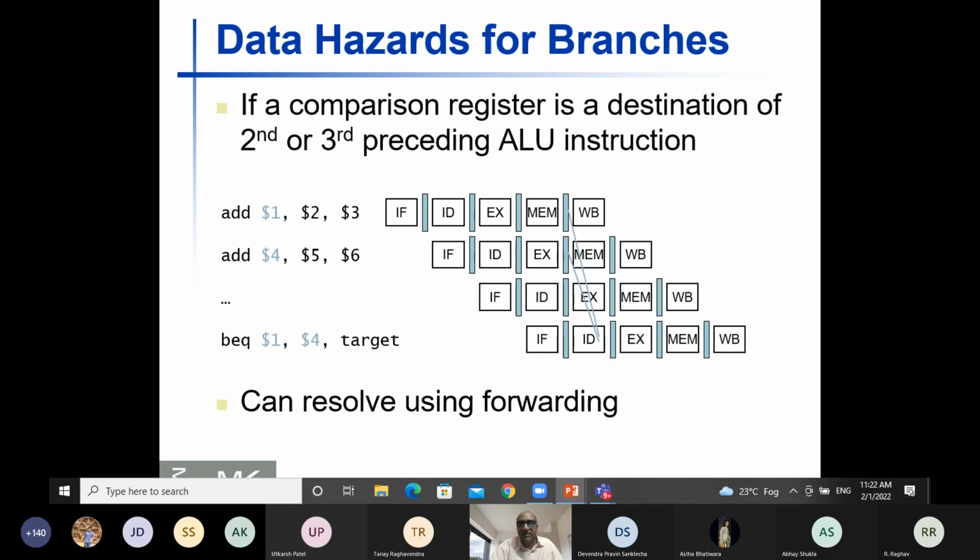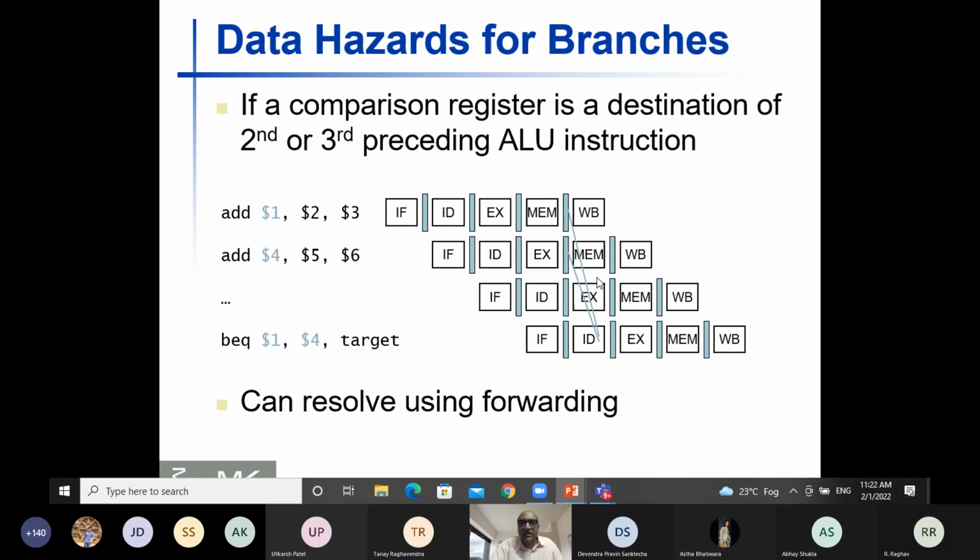In stage 2 itself. Earlier, we put the forwarding circuit in stage 3, the execution stage. But now, since we are performing the execution of the branch condition verification in stage 2, in this case you need to perform the appropriate forwarding circuitry at stage 2 itself,